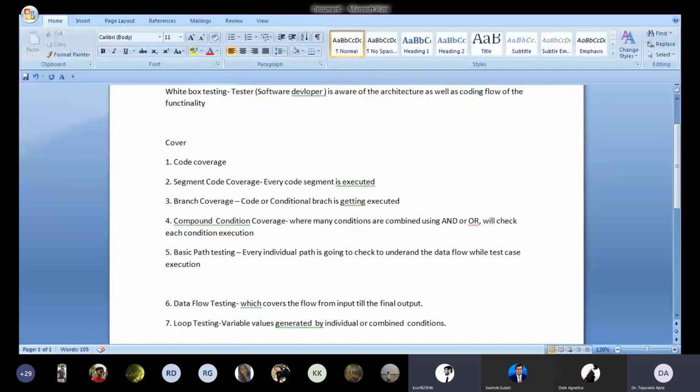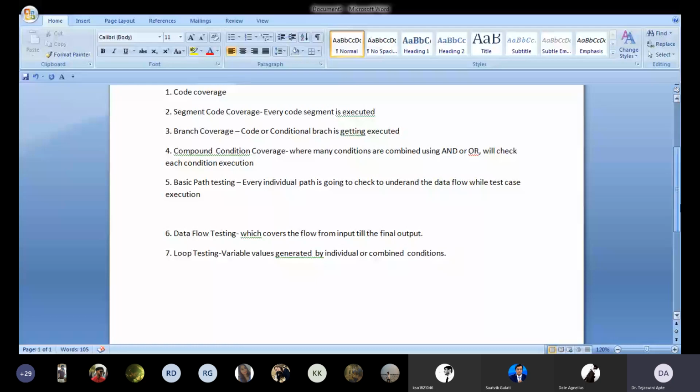Exactly. So now if the software developer has created many loops in the program, naturally the things are going to be quite difficult to address with respect to the performance, because whenever you are having the loop, you need to address how exactly the memory is going to be managed, how exactly the memory allocation is going to be managed to keep these temporary values which are being computed by the loops,